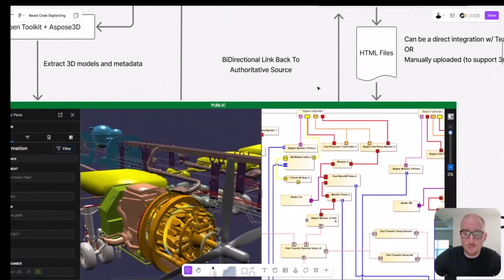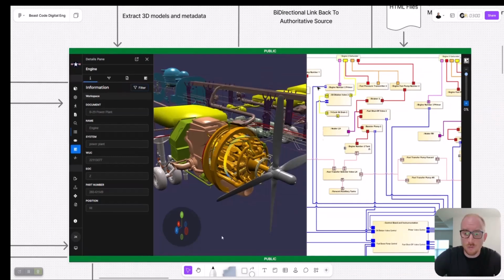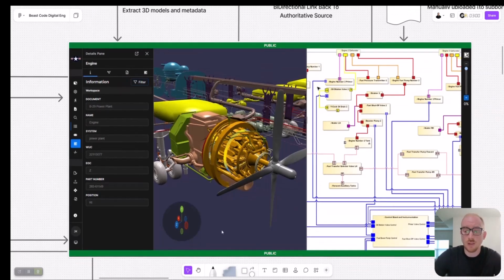Why you would use BScore is to bring these data sets together. You can bring Cameo models into PLM, but those are all engineering tools. So for the general user that just needs to access information, BScore is perfect. It can render a lightweight representation of the 3D models very quickly and access all the parts data. We'll talk about tech manuals and documentation a little bit, but then also put it all in context